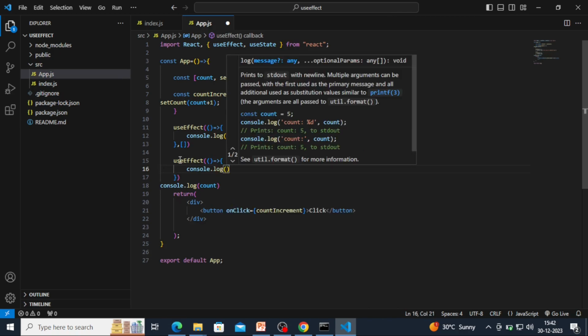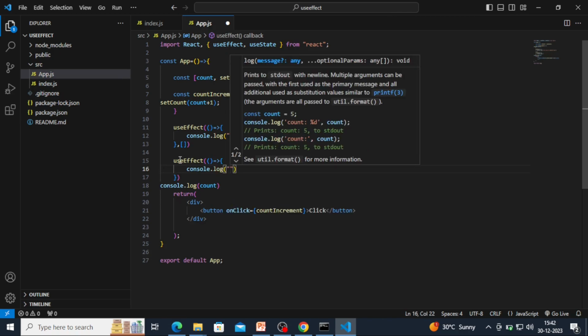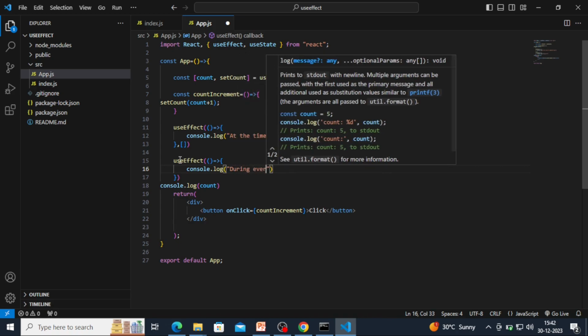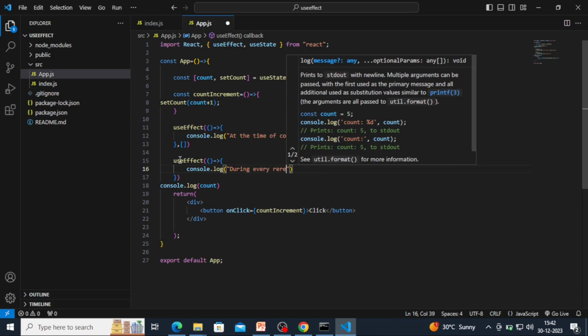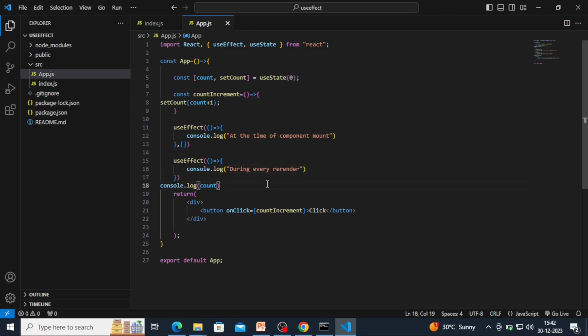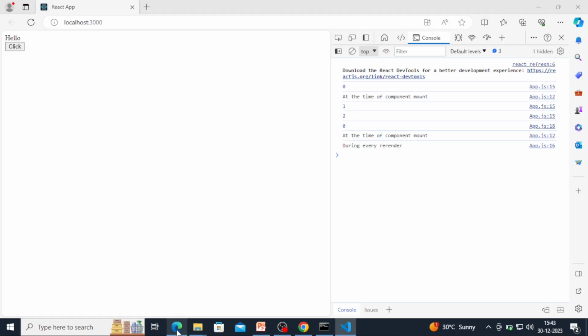Console log, let us print during every re-render. Okay, so the syntax for this is, you will not add any array, blank array over here. You will just have this bracket and bracket close. So in this,